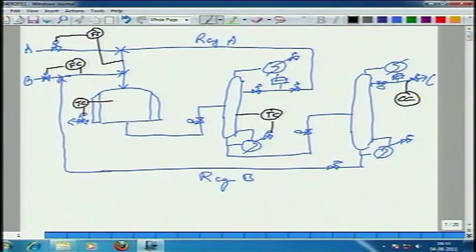Okay, maybe it takes 8 hours, maybe you get a reading once a shift, but product quality will always be measured. So, you know how much A is contaminating it, and if too much A is going up the top, you can always adjust the set point of this temperature controller. So, what would you do to the temperature set point in this column if too much A is going in the product? You will increase the temperature, right, so that A is sent up. Yeah, and so on and so forth.